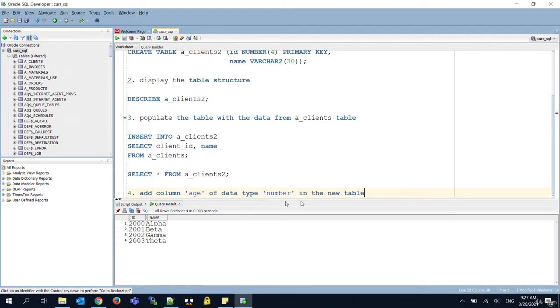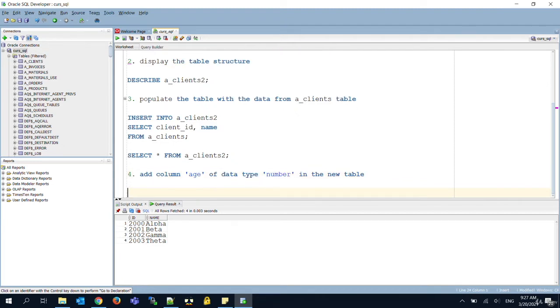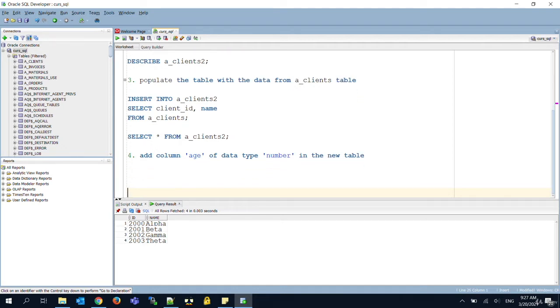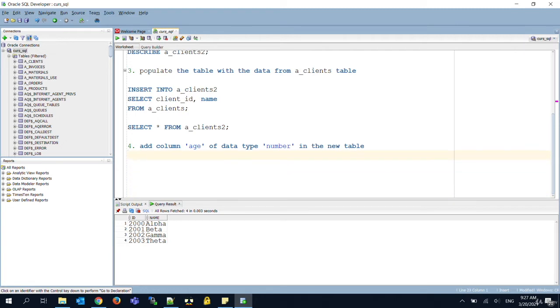Add column age of data type number in the new table. We have to use another DDL command, which is alter, in order to change the definition of the table. So we will use the alter table command for table aclients2